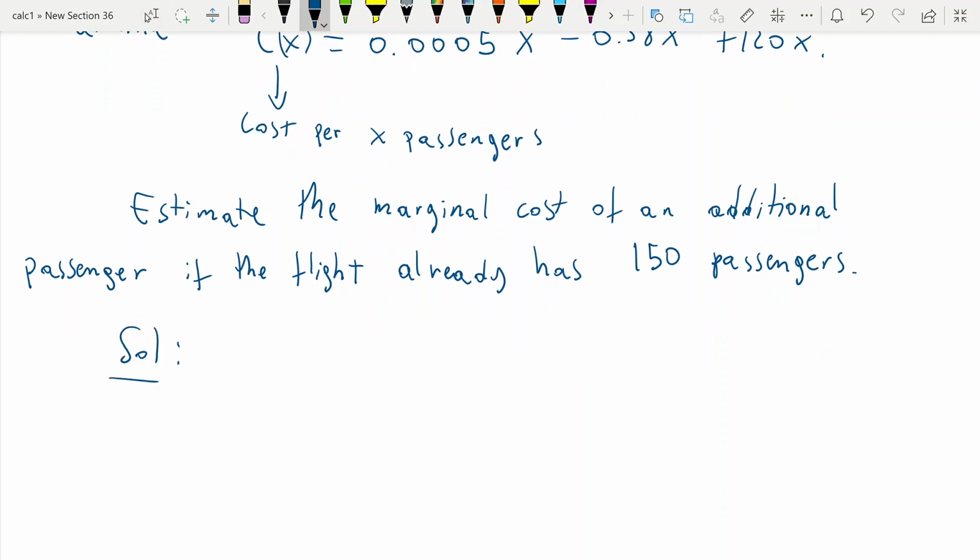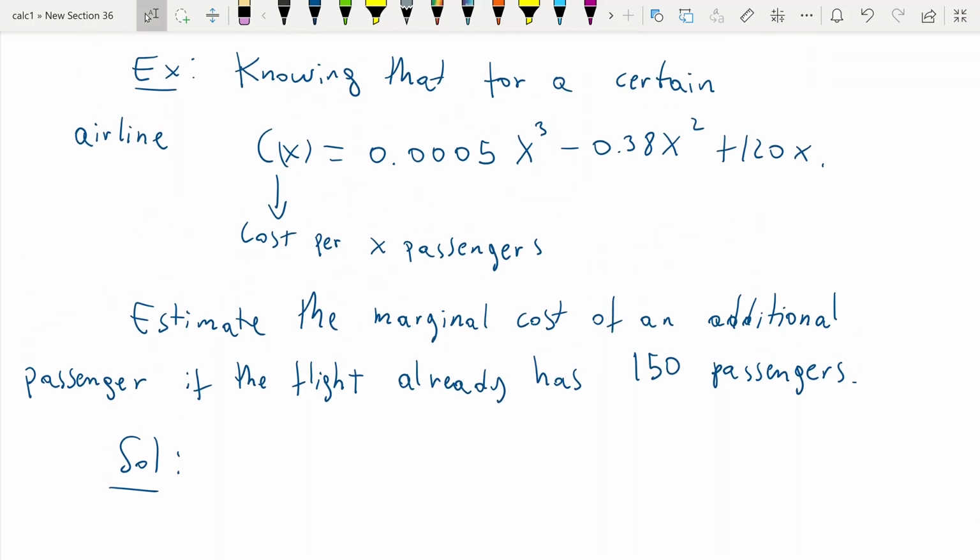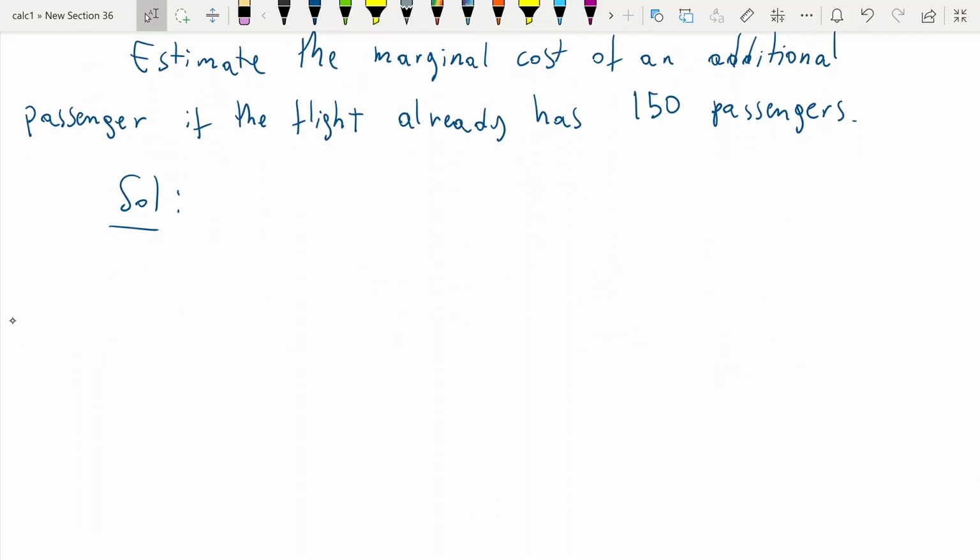So when you ask a question like this, there's not much to think about. You're given a formula for the cost, and you're asked about the marginal cost at a production level. So it's just going straight to the approximation that you know, which is given by the slope of the tangent line. This is the discussion that we had in the previous video. So we go straight ahead. We know that the marginal cost can be approximated by the derivative. So we first take the derivative